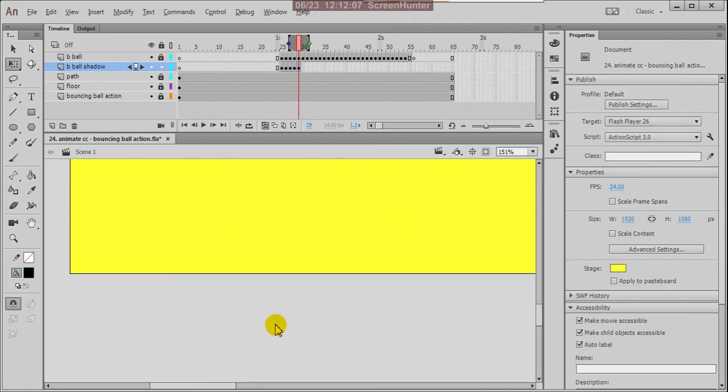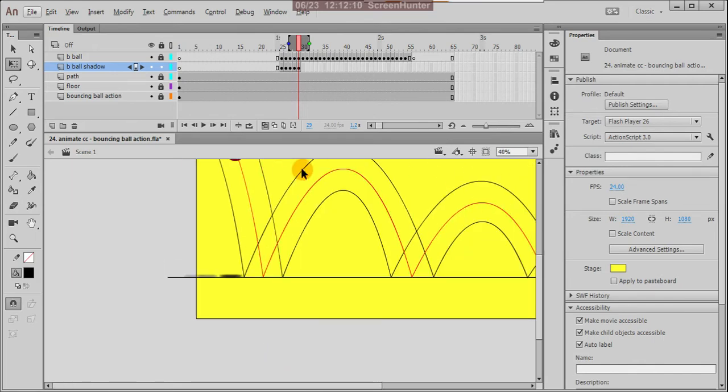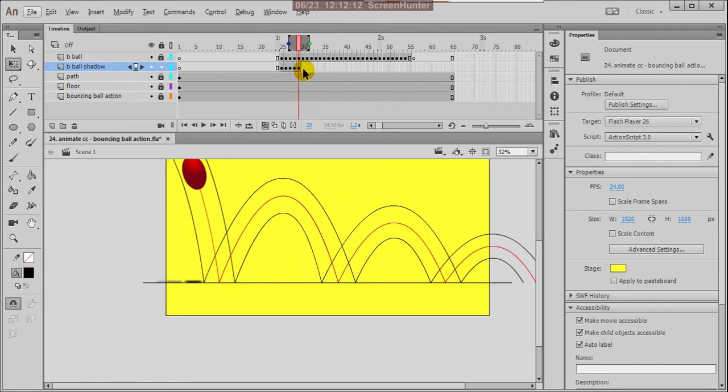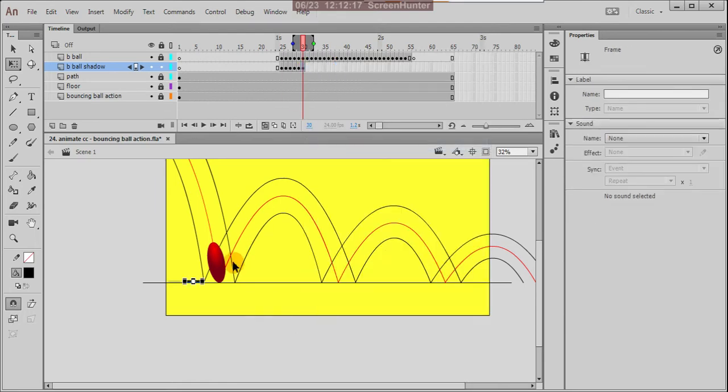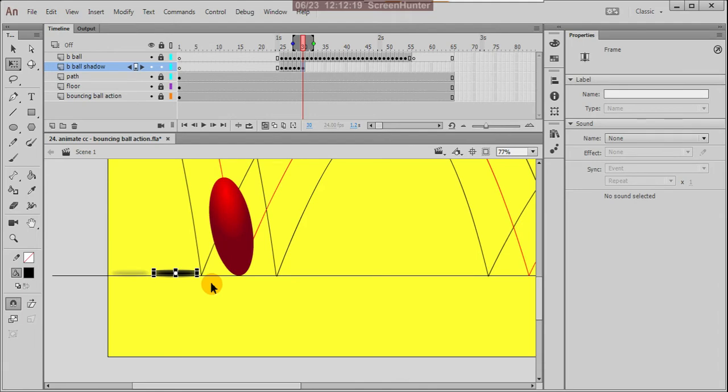Okay, yes, and then insert keyframe again here, and see it reaches down.